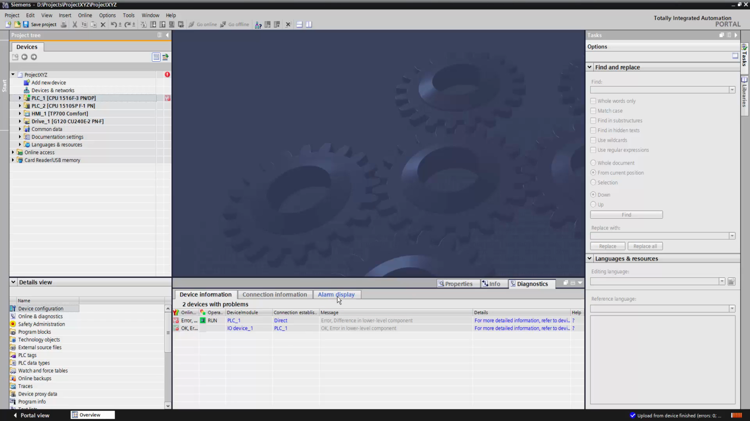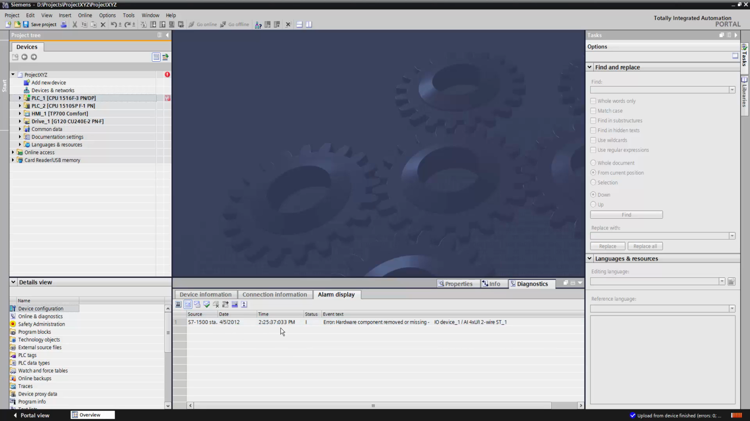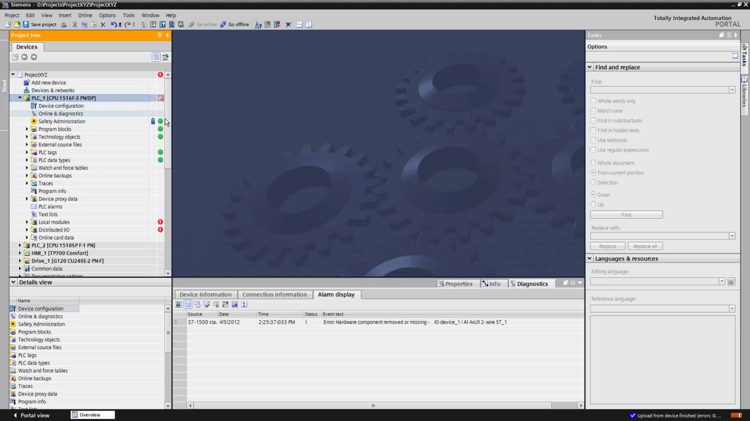If you click on alarm display, you can see again that there's an error. This time it tells you what it is. It says that a hardware component is removed or missing. It gives the name of the device, I/O device 1, and the name of the submodule, in this case my 4-channel analog input. If I drill down on my PLC, I'll see that I have 2 errors here,